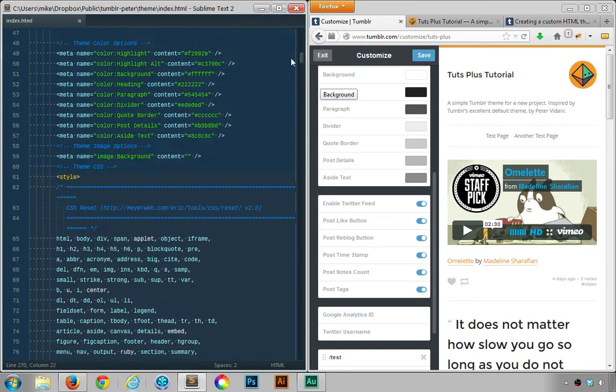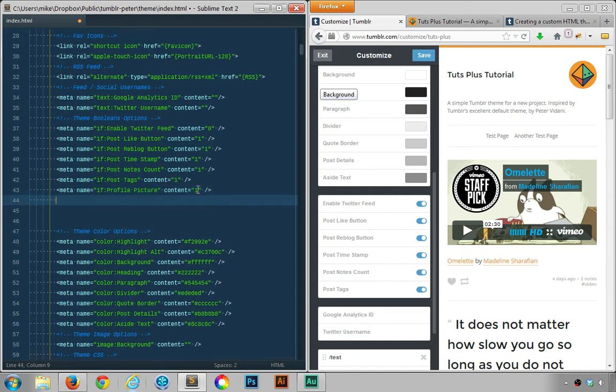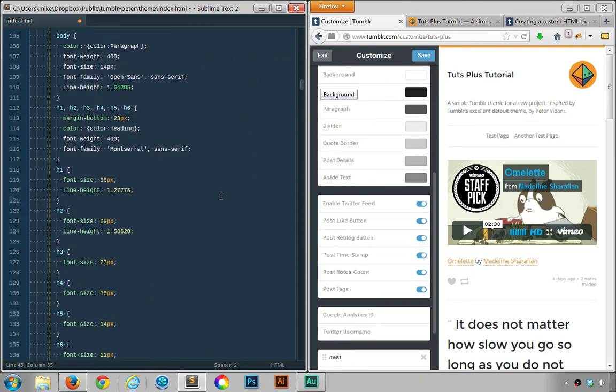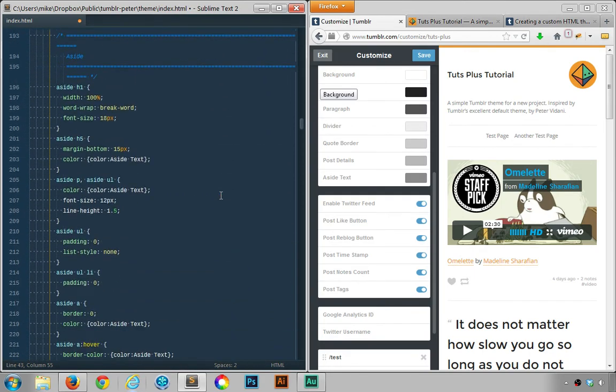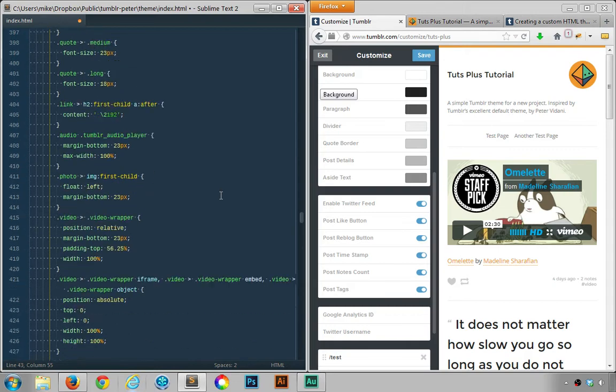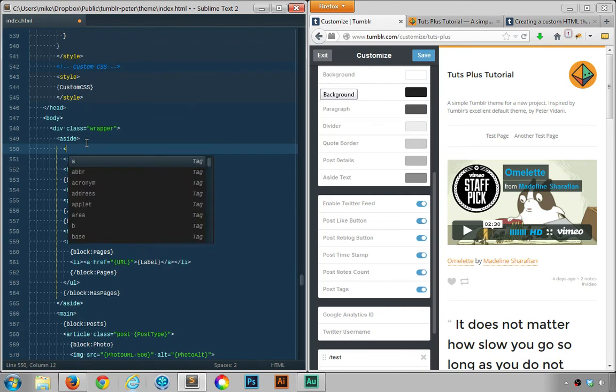So again, back up to these. I'm just going to tidy these up. And the final one, meta name if. I'm just going to call it profile picture. Set it to 1, like so. Let's tidy these up. And then we just need to find the rule for the image. Oh no, sorry, we need to find the markup for the image, which is here, and do